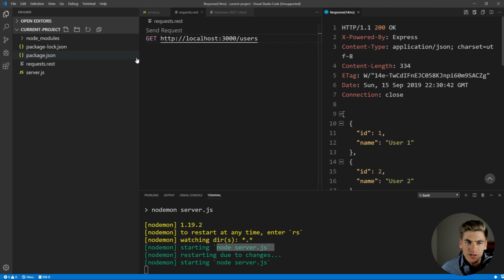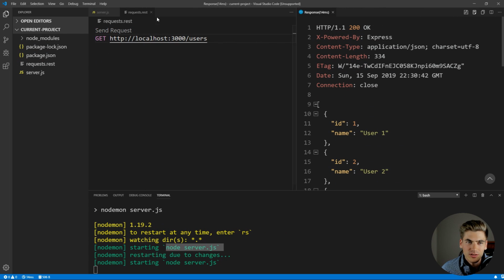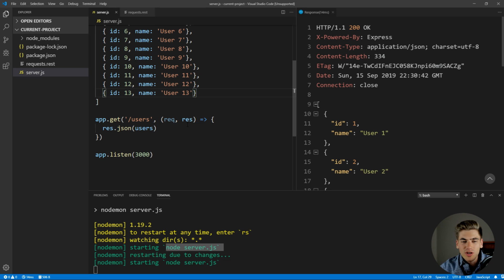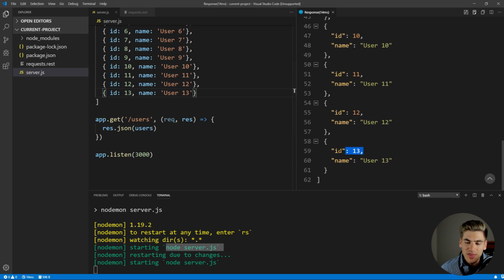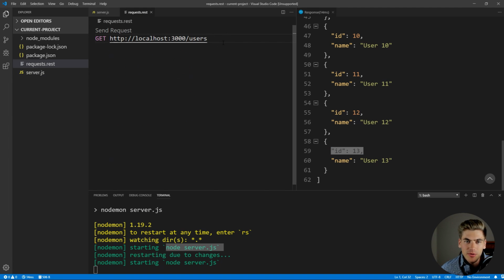So we know that our application is actually working. Let's minimize all this, go back to our server. So we know that our users is working, but we actually want to be able to pass what page and what offset we want so that we can get only the resources we want and not the whole list. Because you can imagine this list could be thousands of users long, and we don't want all the users every single time. So for example, let's look at our request here, and maybe we want to be able to pass